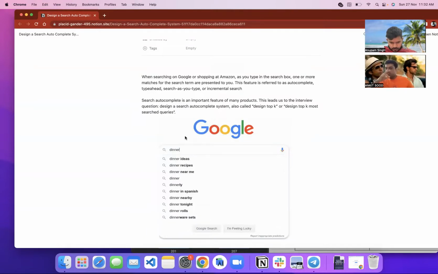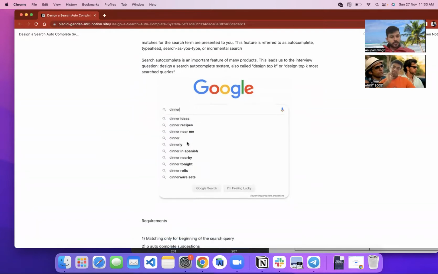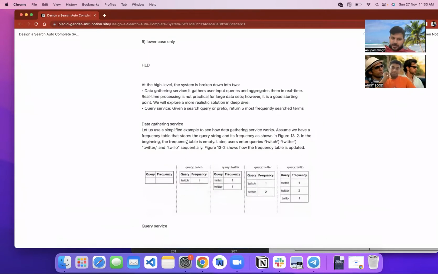So basically a trie comes to my mind whenever I think of making a search kind of thing. Correct, correct. You are actually spot on, and that is what we'll discuss in depth as one of the things, but it is not everything. We'll deep dive into how to go about it. Before we deep dive internally, let's create a top level picture. At high level